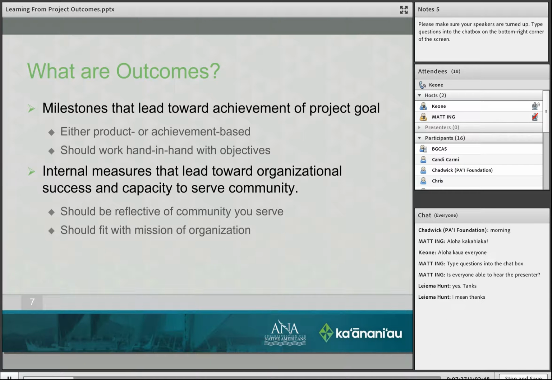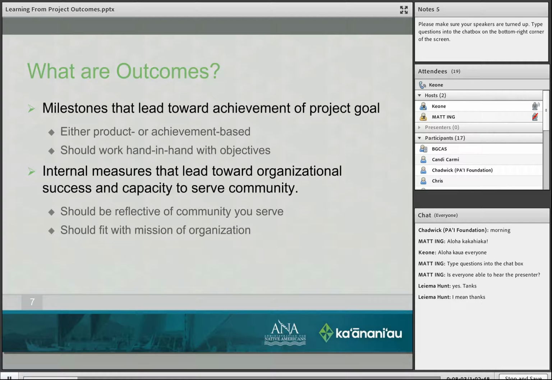I think it's really essential that when you're looking at organizational short and long-term outcomes, you really base them off what is necessary for the success not only of your organization, but of your community. Because if your community is successful, then your organization would be successful. Your outcomes should fit with the mission of the organization.